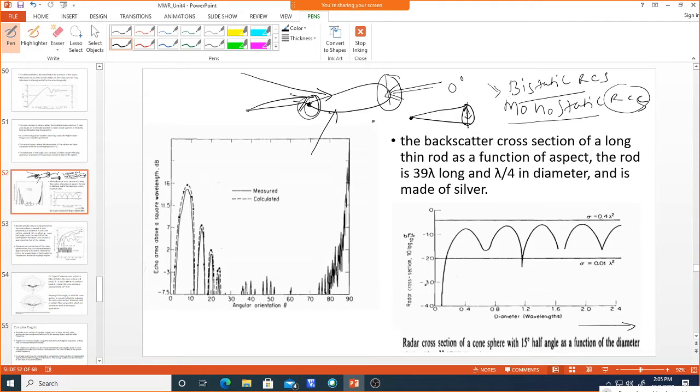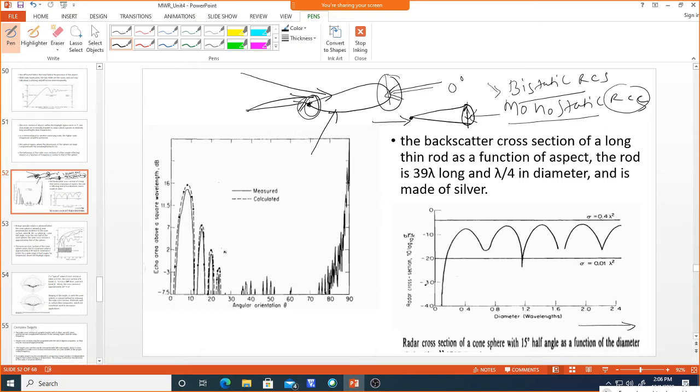Whenever it is viewed, in order to find out the RCS, if you incident at the point, obviously the RCS will be less, and if you incident exactly at the footprint, the RCS will be comparatively greater. At any other angle with respect to that incident angle, the RCS will vary, and if you go on varying the diameter of this footprint, the RCS of this cone will vary.